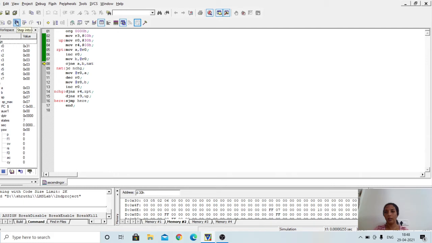So 3 minus 5 is performed. Carry is generated when you subtract a larger number from a smaller number. So see, carry flag has become 1 now.